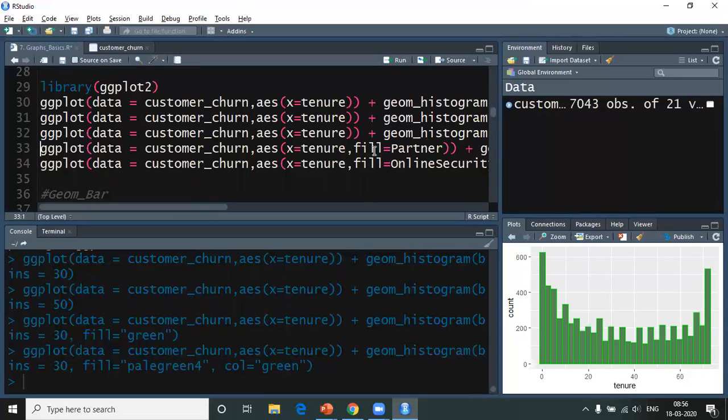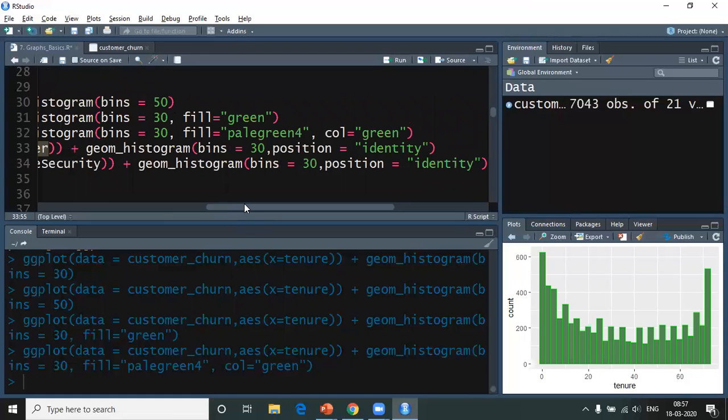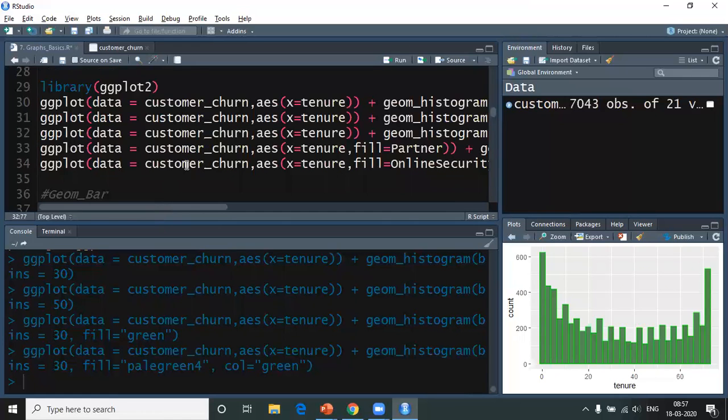Now let us go ahead and add on one more step. I have my tenure, which is on my x-axis. But now I would want to compare my tenure with my partner column in the same graph. And how would we do that, guys? In order to do that, you just have to add another feature called fill in your aesthetic. So here the same fill would do two different functions when used in a histogram and when used within a ggplot set.